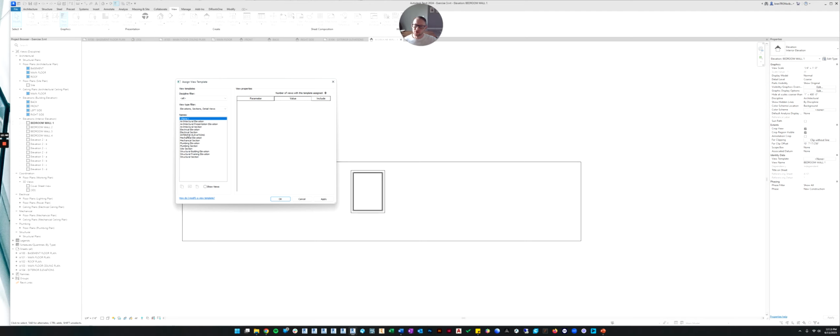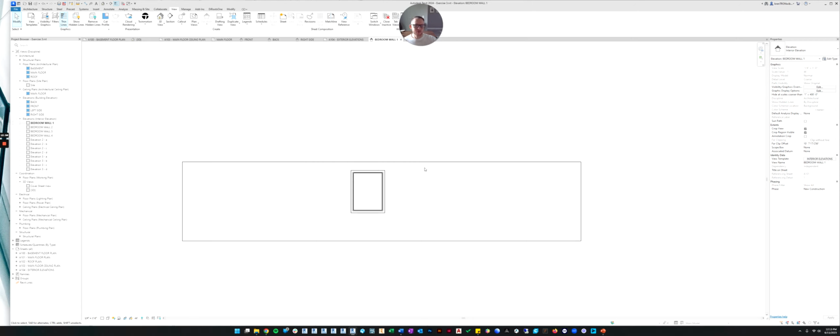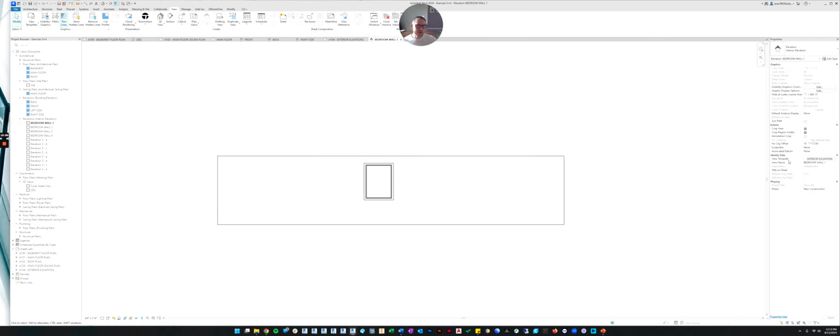If you're working for someone, they will likely have view templates already made, but we're just going to look for the one we created. And we know which one's ours because we remember we named it interior elevations, and I did it in all capital letters. So you're just going to select that and click OK, and it will now assign the view template to this view. So now if you ever need to make changes, you can change the view template and it'll make those same changes to any view that you've assigned the view template to. So hopefully that's not confusing, but I'll show you and it will make more sense.